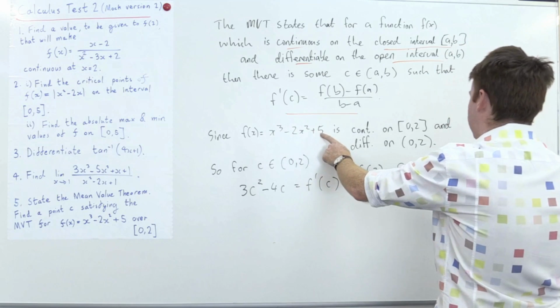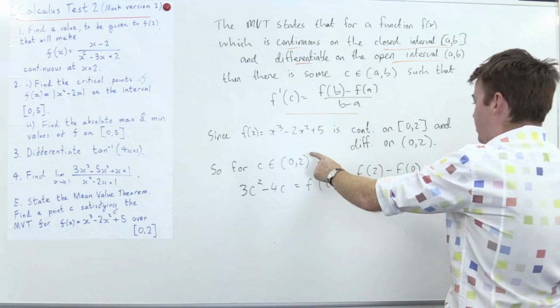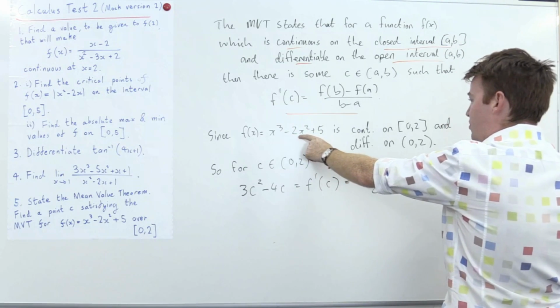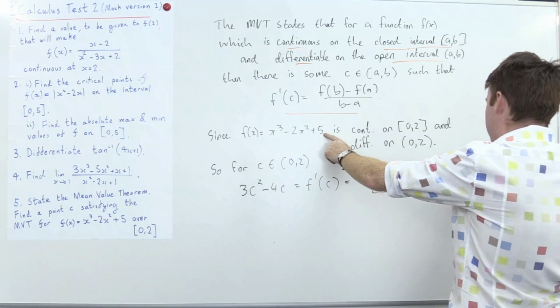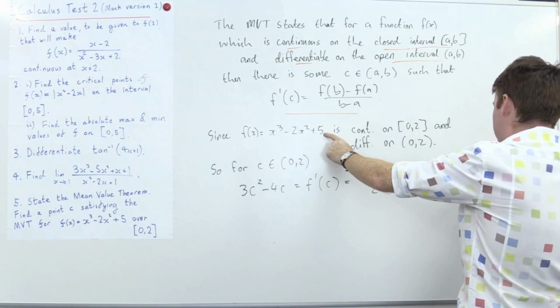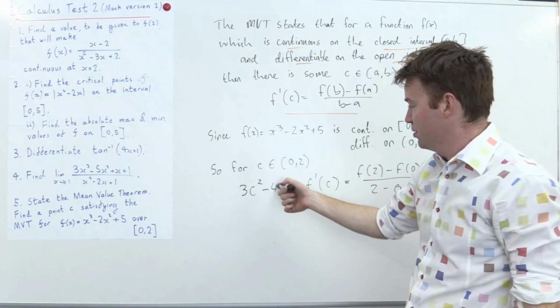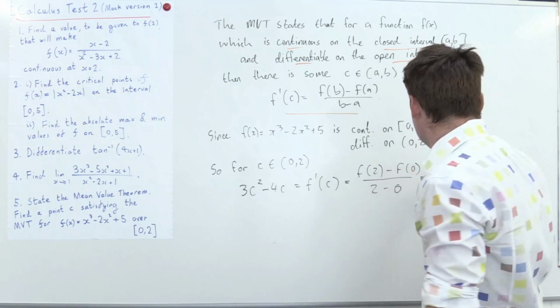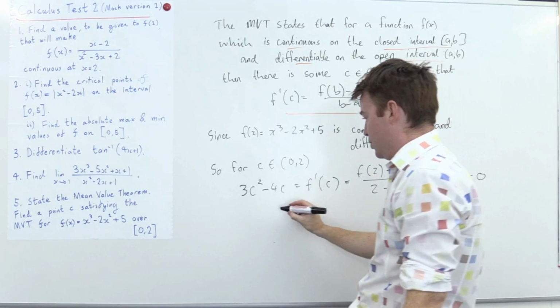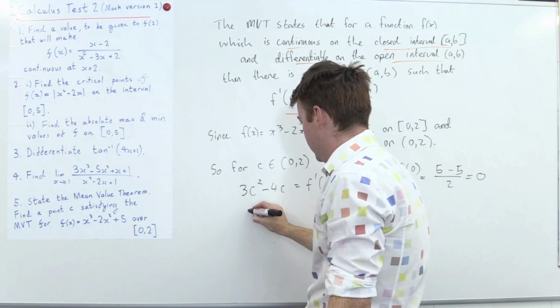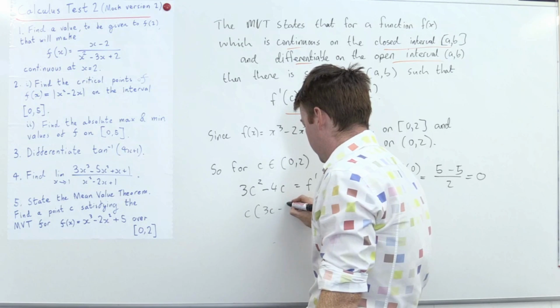8 minus 8 plus 5. And f of 0 is 0 minus 0 plus 5 over 2, which is 0. Okay? So I need to find c. So 3c squared minus 4c is equal to 0. So I can say that c times (3c minus 4)